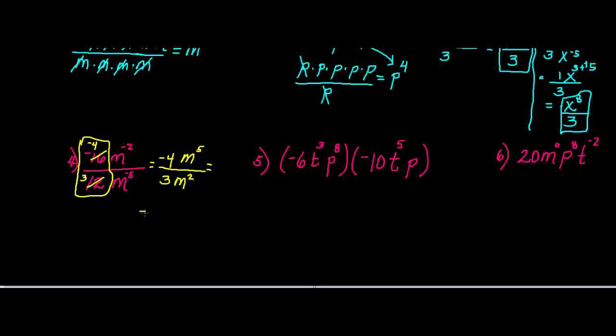you can subtract the exponents if you're dividing and the bases are equal. So in the numerator, you have negative 4. In the denominator, you have 3. And if I subtract 5 and 2, I keep the base, so I keep m, and 5 minus 2 is 3. And there's your answer. Another way of attacking this problem, after you've simplified the numbers,